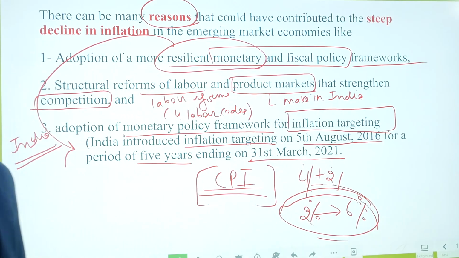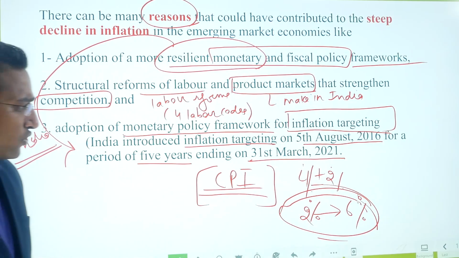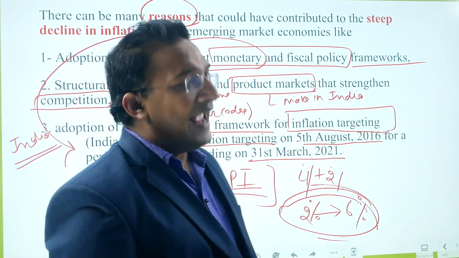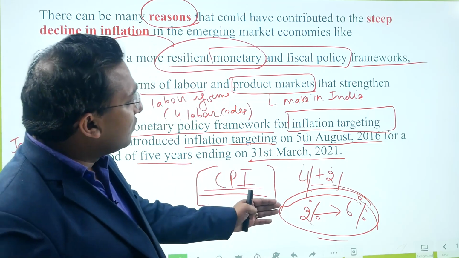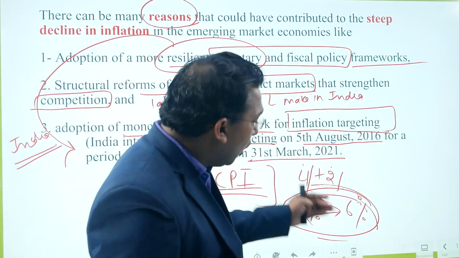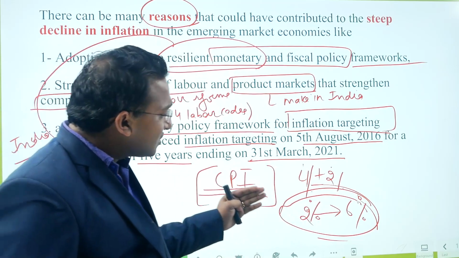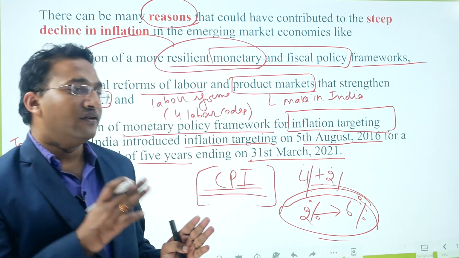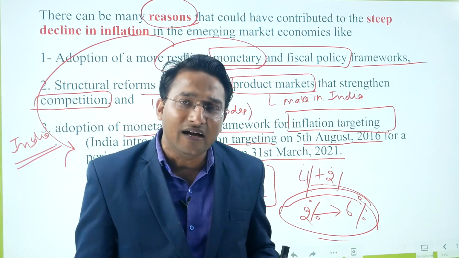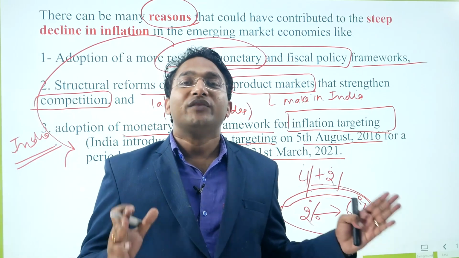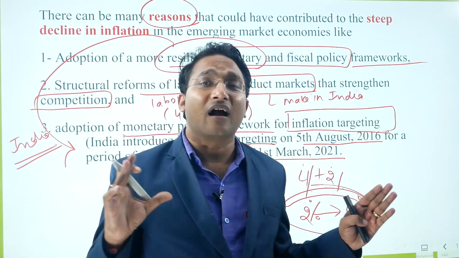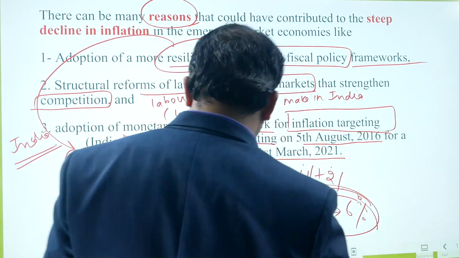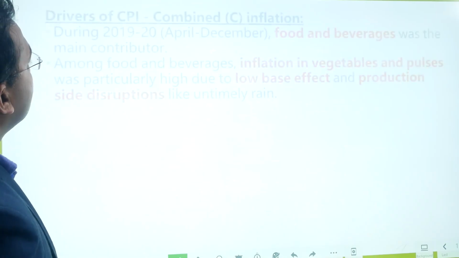And there is a monetary policy committee which has been constituted under the amended RBI Act. Under that monetary policy committee, this inflation targeting framework is adopted. And in this inflation targeting framework, if the rate of inflation goes below 2% or more than 6%, then monetary policy committee is answerable, and monetary policy committee is accountable to the Parliament of India. Now,